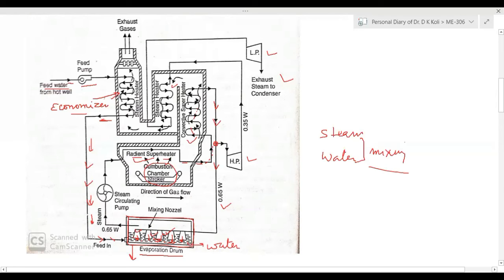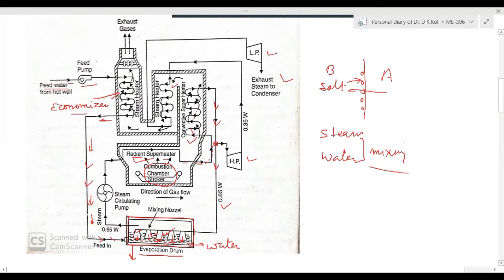No, no, no. Here we are using a concept. What concept are we using? We have to mix two fluids together so that there is direct heat transfer. Are you getting my point? If there are two fluids, one fluid A, another fluid B, and they are separated by this wall, there will be deposition of salt here. This is the salt. If the fluids are separated, salt is deposited, but we have to eliminate this. Salt should not be deposited there. So we can mix the two fluids.